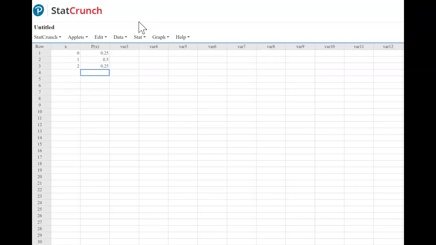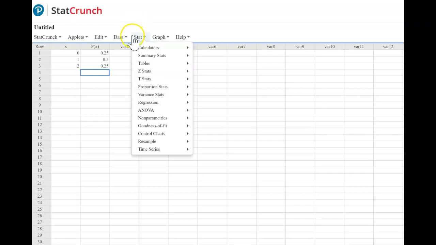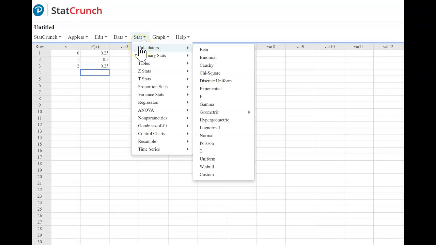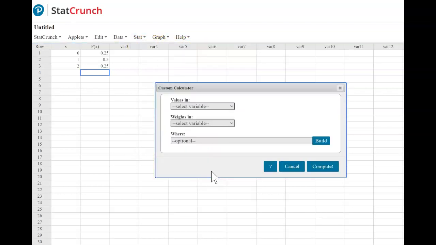Now to find the mean and standard deviation, go to Stat, Calculators, down to Custom. In the values, select column X. In the weights, select P of X. Click Compute.